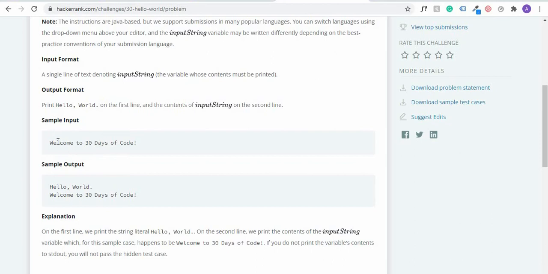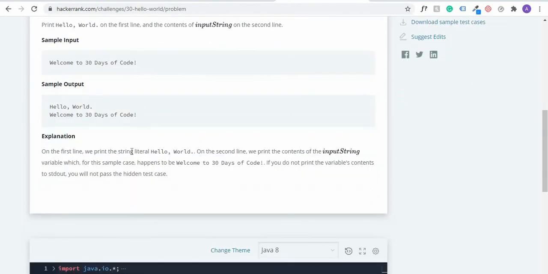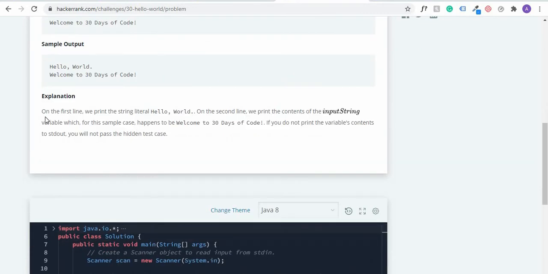Now, the sample input is: welcome to 30 days of code. The sample output is: hello world, welcome to 30 days of code. You are printing this hello world irrespective of anything. Then you print anything that the user is entering, just like when you enter something into a registration form. Now, this is the explanation.